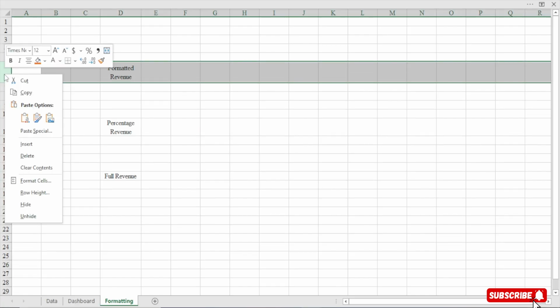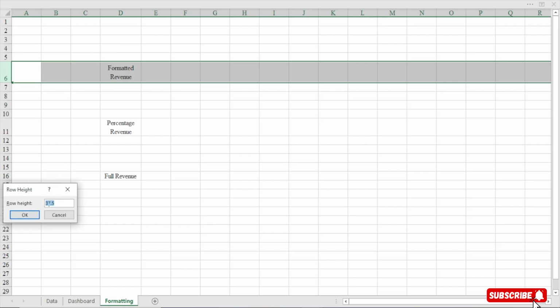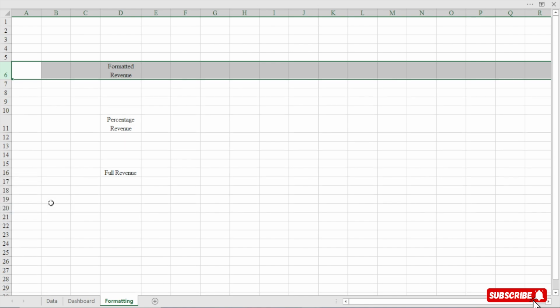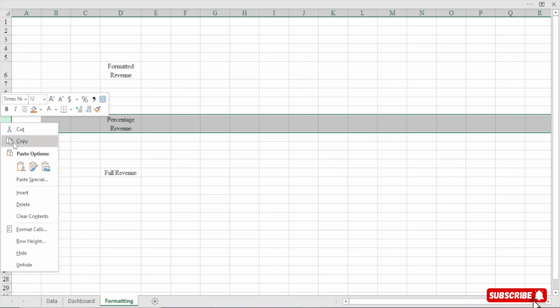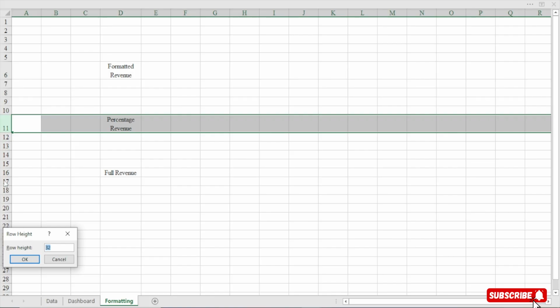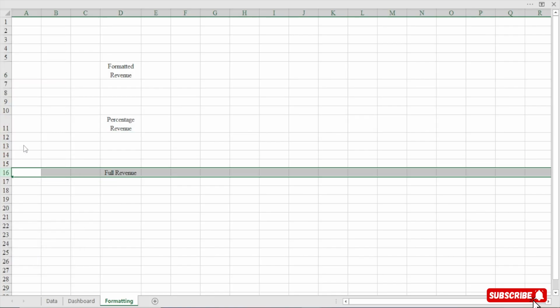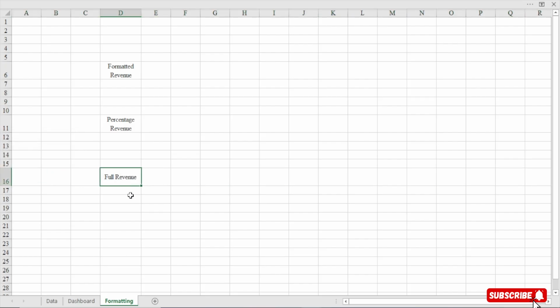I'll right click on this. I'll go to row height, and then maybe I'll do something like 35, right? Or maybe 32, right? And I'll hit enter. I'll do the same thing here. I'll say 32. I'll hit enter. Is it 32? All right, it's 32. Then I'll do the same thing here. The row height should be what? 32, and then I'll hit enter. Now you see what we have here.